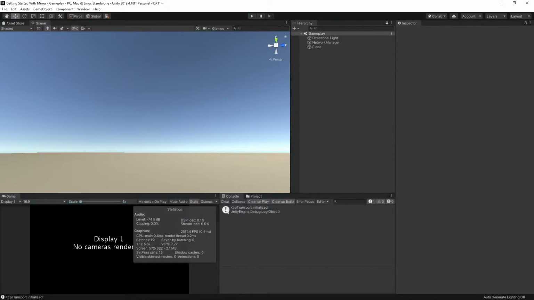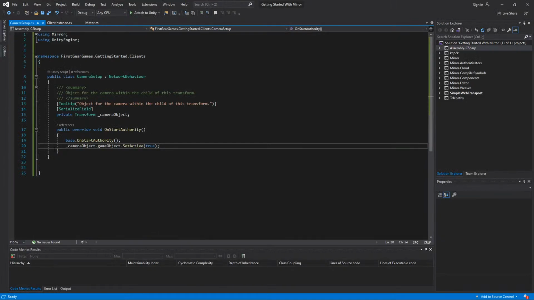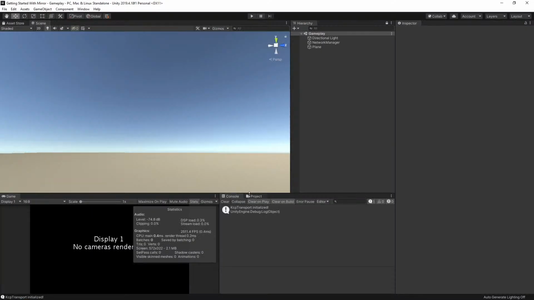So that's pretty simple, right? That's one way of doing a camera. That's probably the easiest way of doing a camera. And if you want to do it that way, there's absolutely nothing wrong with it. That's just probably the most common way. Now,